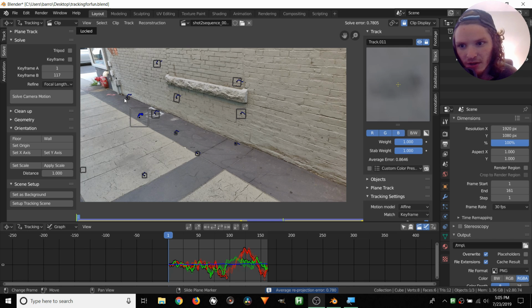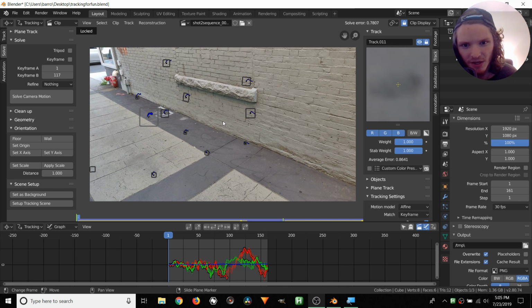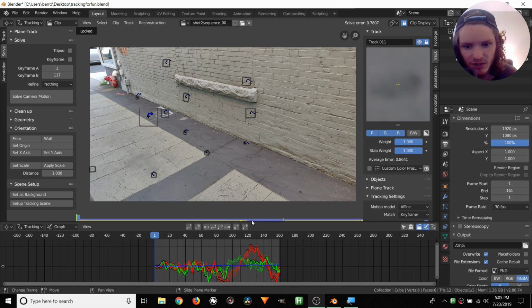Okay, so it's secure on 0.78, so now we're going to turn this off so it's not refining for anything. If we hit this again, I guess it changed a little, but it's pretty much stuck on 0.7807, which is much better than 1.21. And again, now we can do some manual